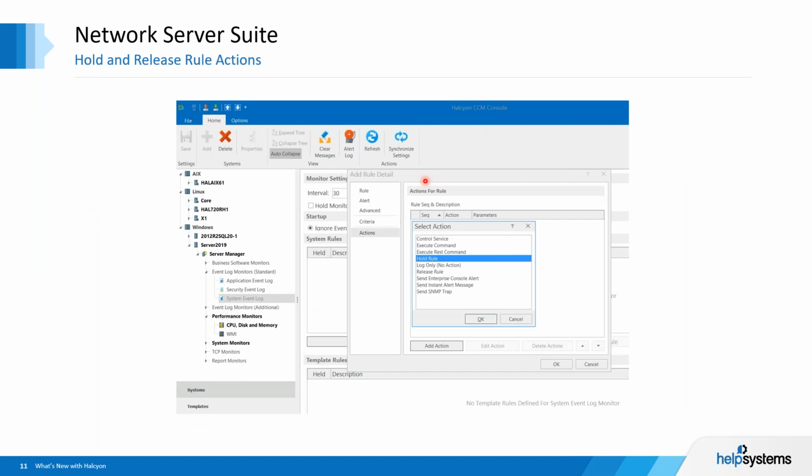Hold and release rules. So Donnie alluded to this at the start. And again, for those of you that just have our IBM i software, I'll introduce what you see here. This is our central configuration management console. So this is the equivalent of our work with rules, but this is the rules on AIX, Linux, Windows, and IBM i. And what you can do now, within my Windows server here, I've got an event log rule that I've